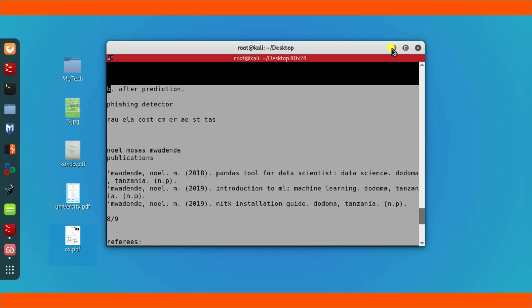I also use, back in the days I was using PDF Miner, but now I use Textract because it's a more flexible tool. It can extract text from full text PDF, but at the same time it can extract text from scanned PDF. So the flexibility of the tool wins the vote for me, and currently I'm using the library called Textract. So put the comment below and let me know your experience.